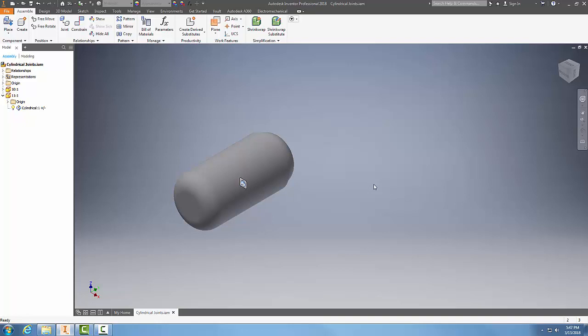And if I want to get rid of that, I can come up and say hide all. And when I hide it, all those relationships will hide or not be visible. So these are kind of handy at times when you're trying to figure out what kind of relationships do I